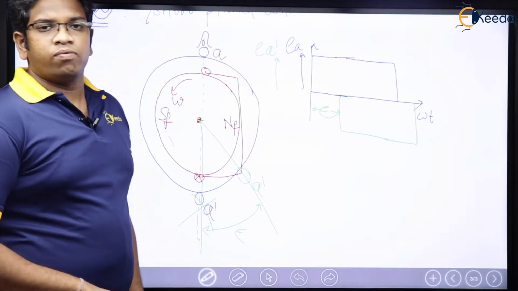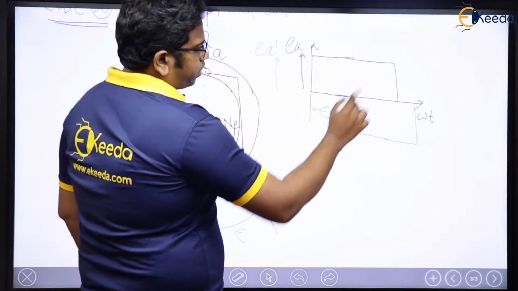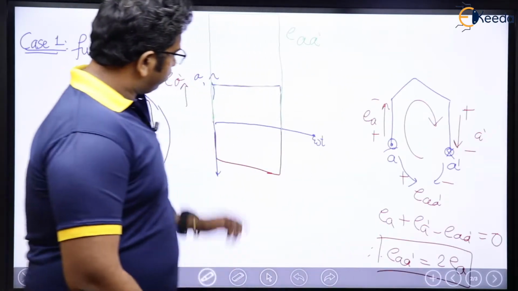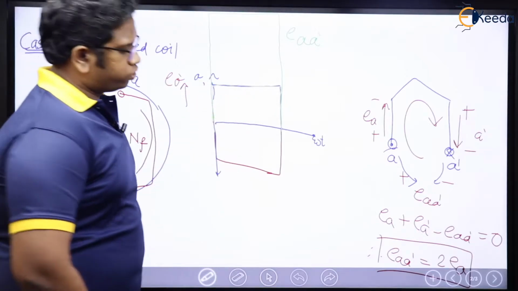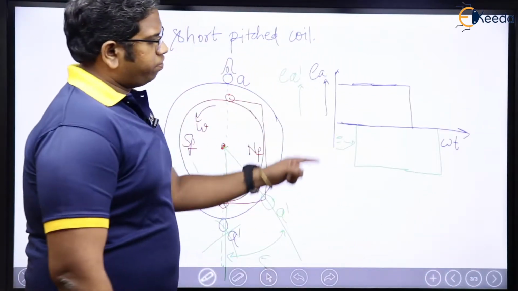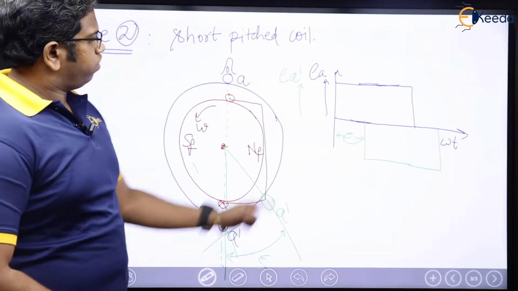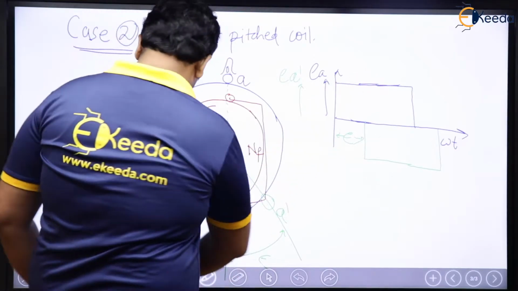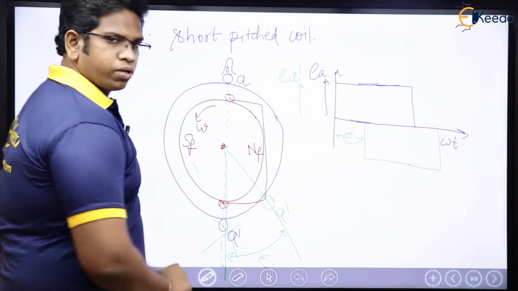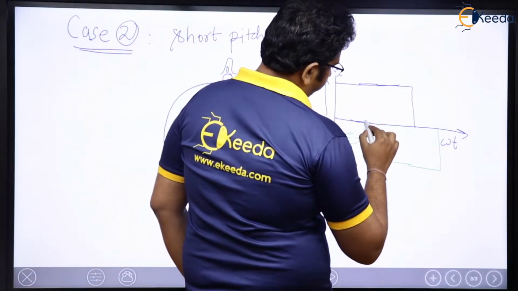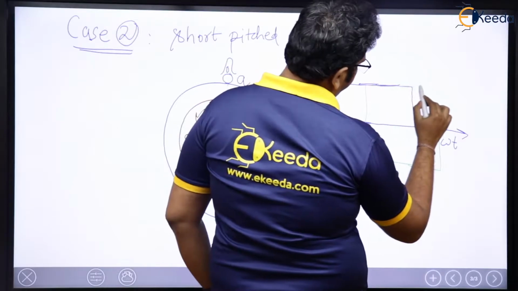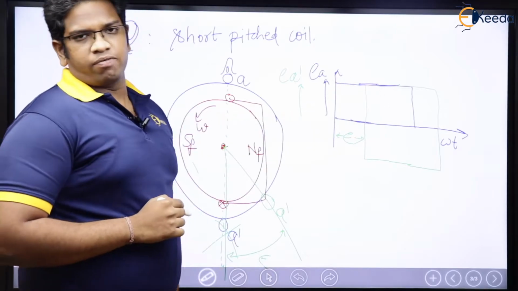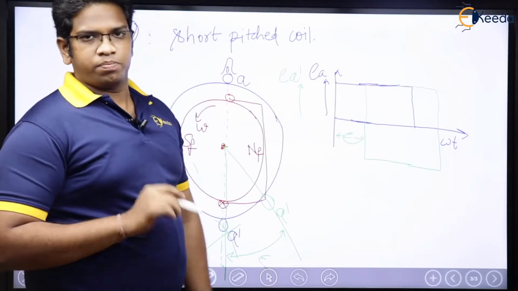Now, what will I do? After doing back-to-back connection, what should happen? This should get flipped, right? Because in this previous one also, it was flipped. Red was flipped up. So let me flip this one also. Yes. So now if you see here, same thing happened, which means here also flipping has to be done. So let me flip this up. So when this is flipped up, this is going to be somewhere like this. EA dash will get flipped up that way. So now when it is getting flipped up, what is going to happen?